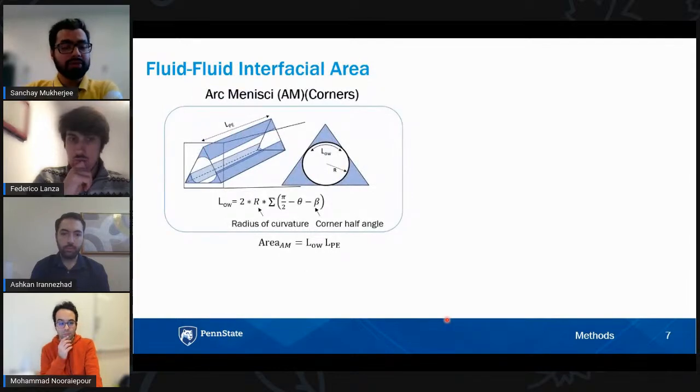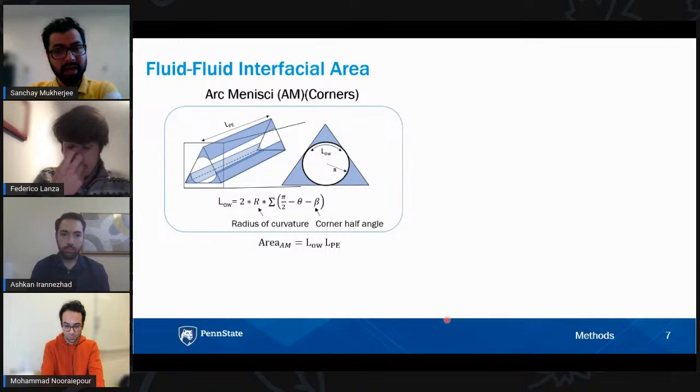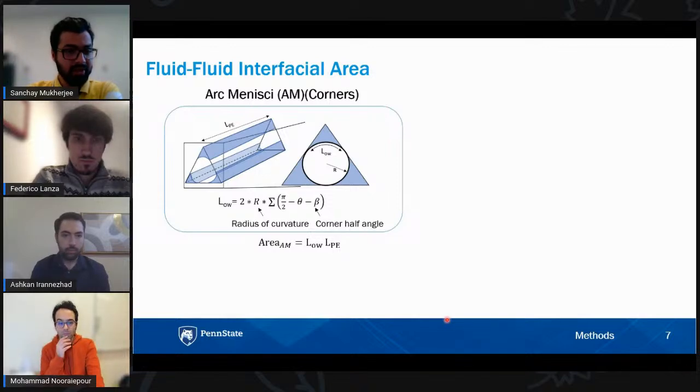From the outputs of the pore network, now we can calculate the fluid-fluid interfacial area. In this study, we calculate both the corner areas and the areas associated with the throats. First, we look at the corner areas or the arc menisci. For this, suppose the pore element is a triangle and we have water in the corners while oil in the